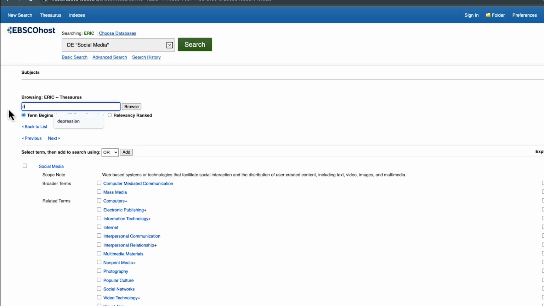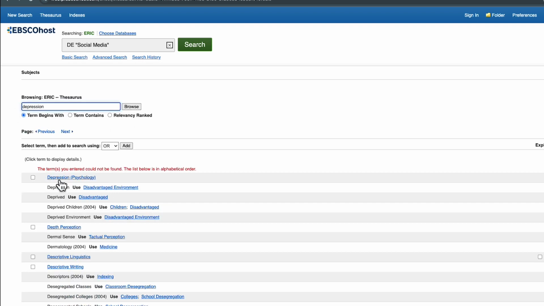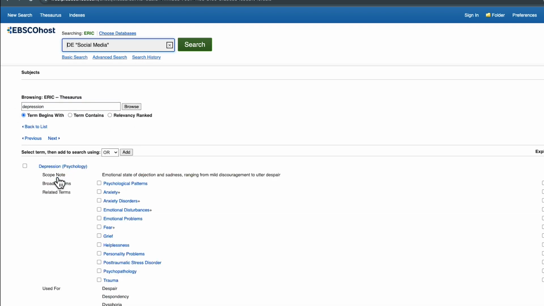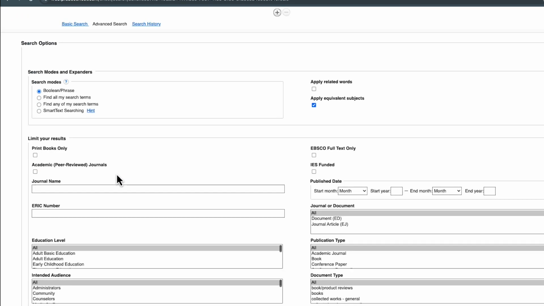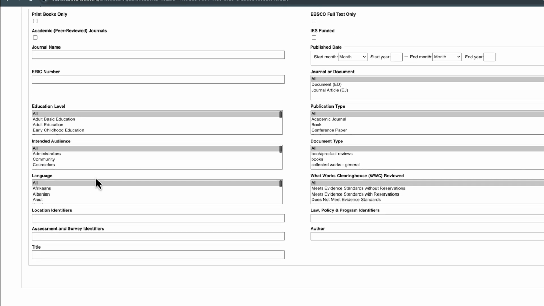Now let's try the depression. Depression psychology is a term here. Now I really like the anxiety term here, but I'm just going to search depression and add that with an and. Then I'm going to go ahead and search this, because in ERIC we can add by grade level. So if I click on advanced search here, I can scroll down and we'll see education level. And I want to select